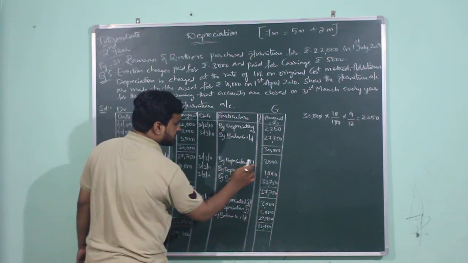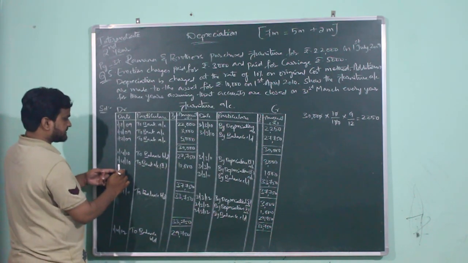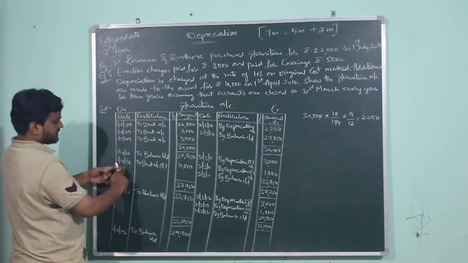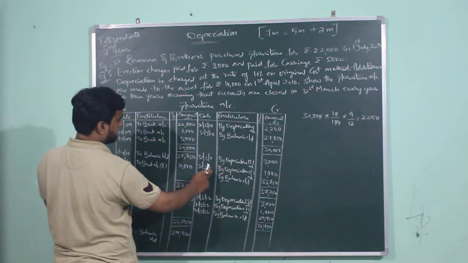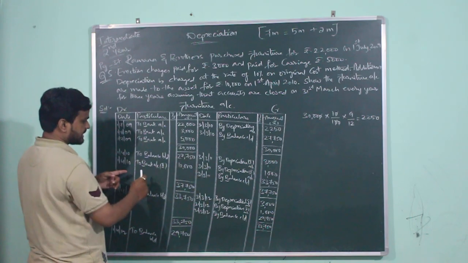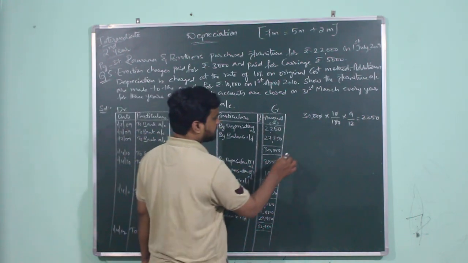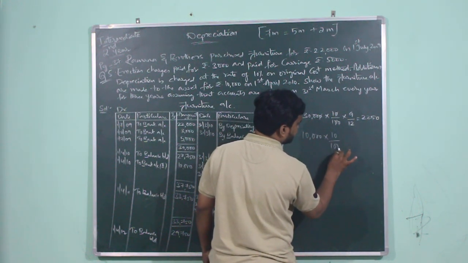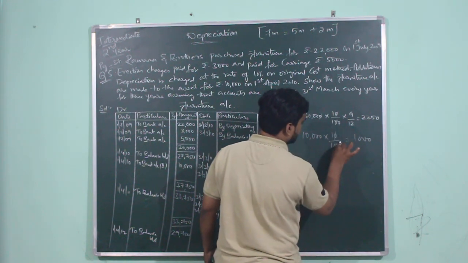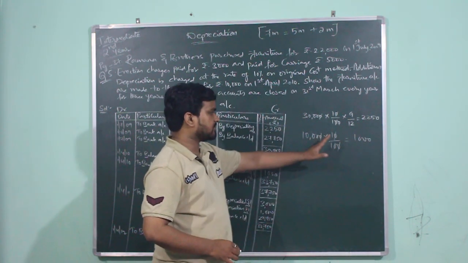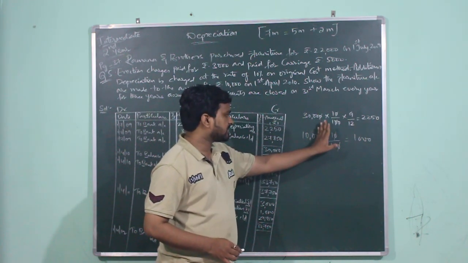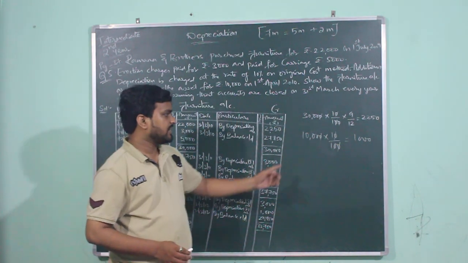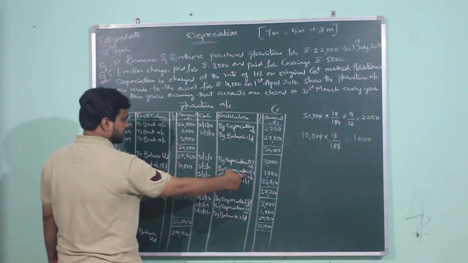So the depreciation on first furniture is taken as 3000, and we are also purchasing second furniture, that is additions are made to the second furniture even on the same day. So from 1st April 2010 to 31st March 2011, again the depreciation will be calculated for full 1 year. So the second furniture was purchased for 10,000 and the rate of depreciation is given as 10%. So it will be 1000 rupees. What is the simple technique for calculating 10% without calculations? You should just reduce one zero from the number of zeros given in the value. So 10% for 10,000 will be 1000. So what is the depreciation for second furniture? It will be taken as 1000.